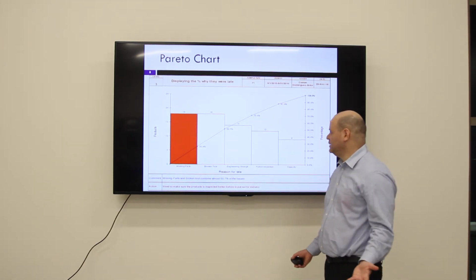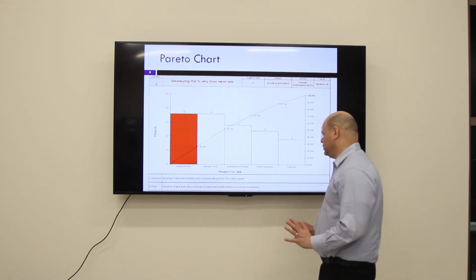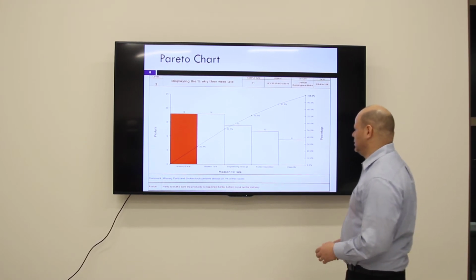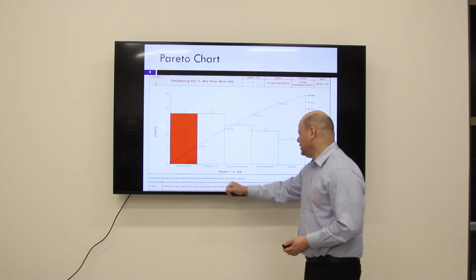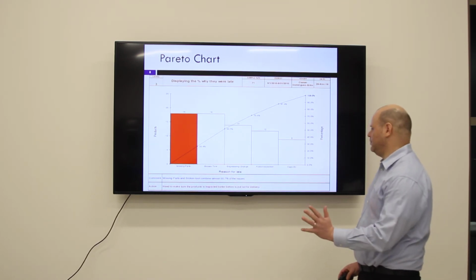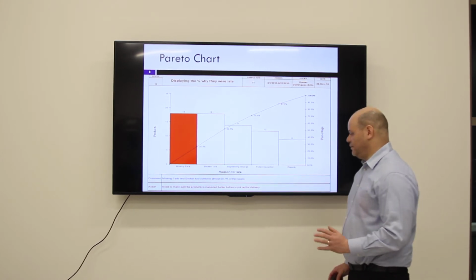So why were they late? The prior chart helps us to determine why the products were late. As we can see here, missing parts and broken tools were the two most common reasons for delay. Both of them have a combined